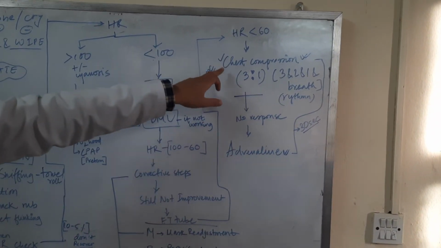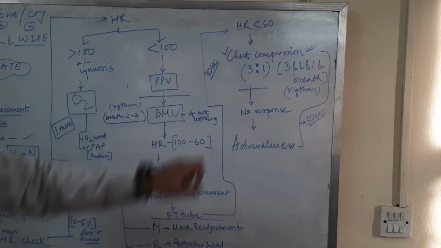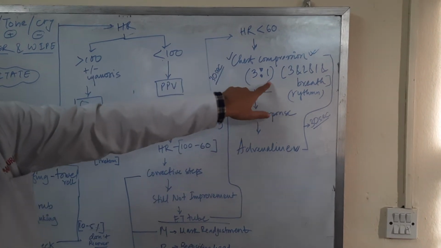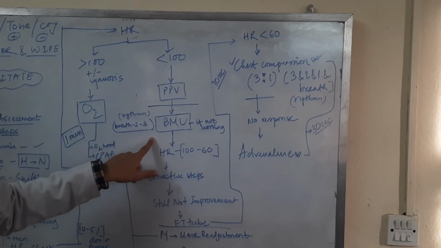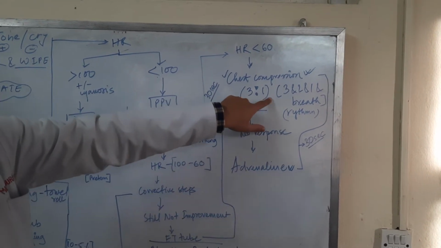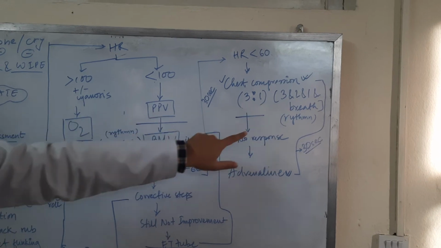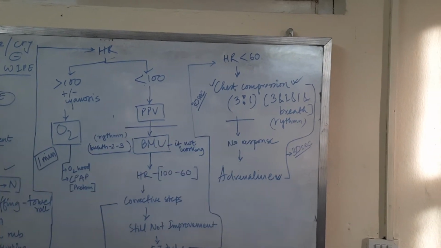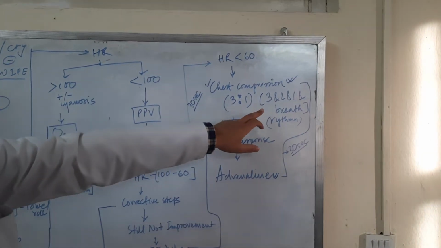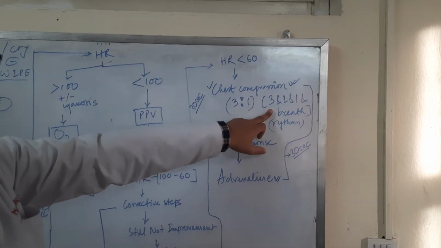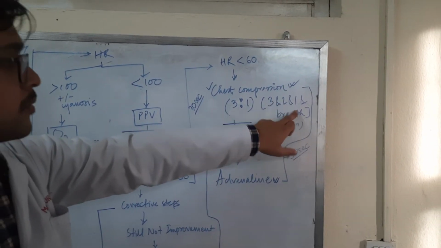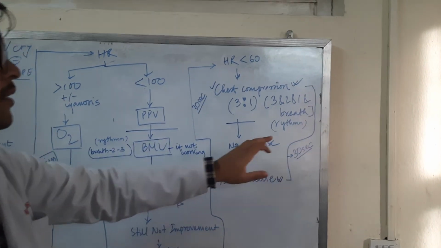So if you choose to start chest compressions, we start chest compressions at the rate of 3:1. So we continue bag and mask ventilation and we start chest compression at the rate of 3:1. So 3 compressions for 1 ventilation. To synchronize between the one compressor and one ventilator, the compressor should say aloud, like 3 and 2 and 1 and breathe. 3 and 2 and 1 and breathe.